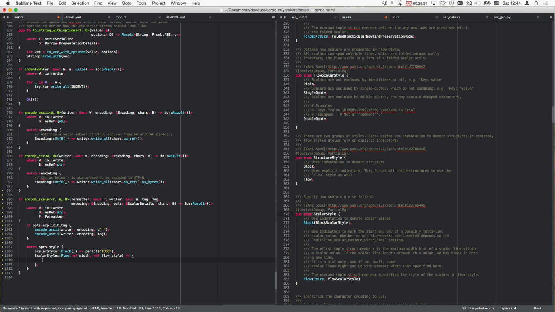Because it has to basically find words within the string we got there, within the scalar string, and break it accordingly, which is some sort of folded style. It's one way of doing folded style, right? It's kind of a special case of that. So considering that, once we implement folded for block, we might want to factor this out into a separate function because the algorithm will be quite the same. Anyway,